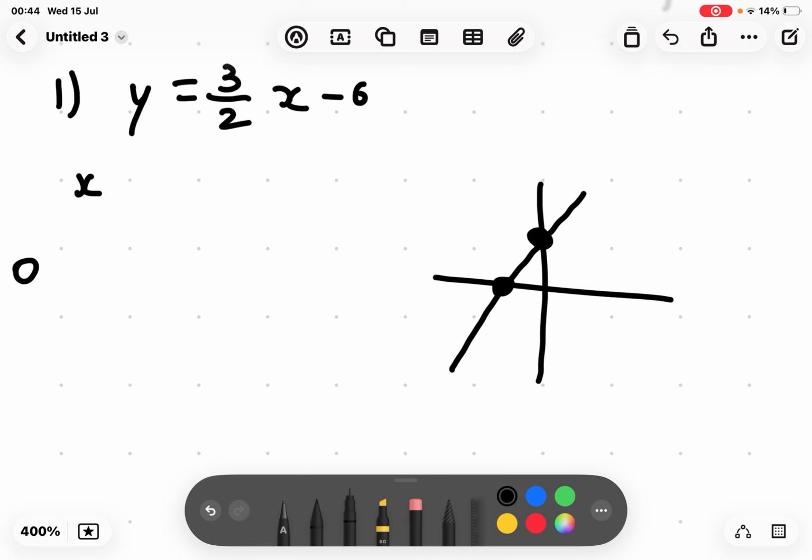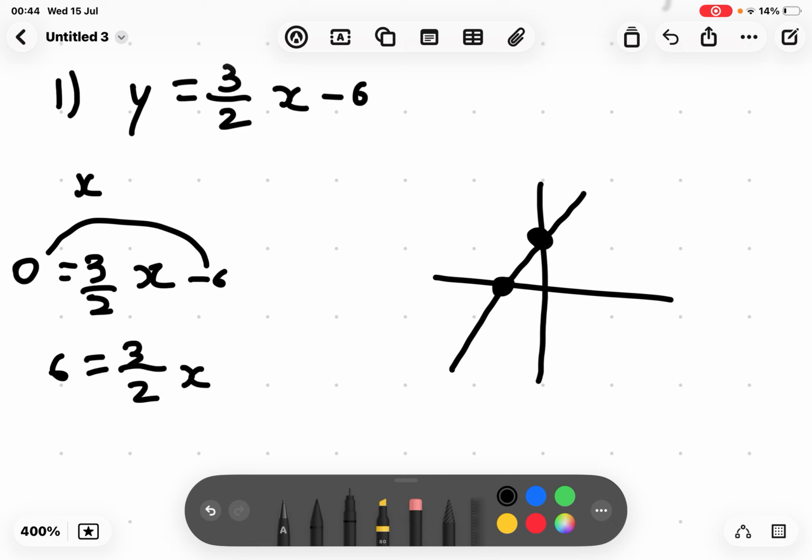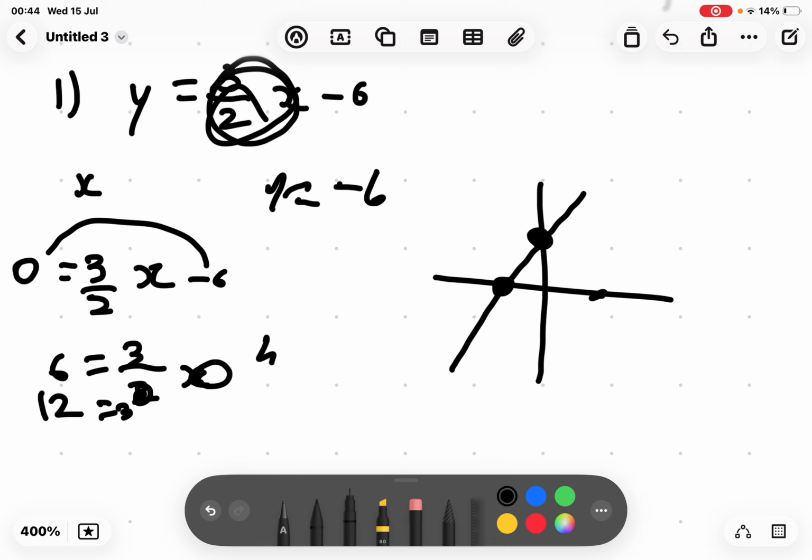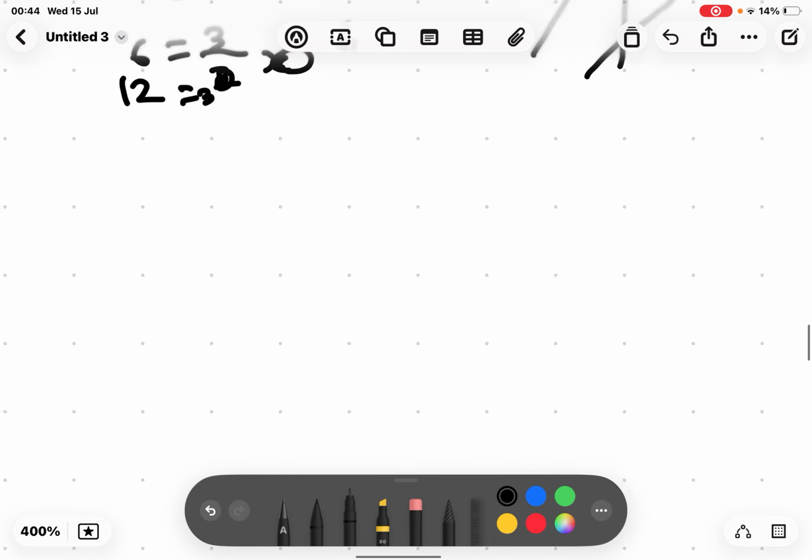So for example, 2x minus 6 equals 0, move the 6 over, so 2x equals 6, divide by 2, so x equals 3. So we would put it over here somewhere, and then for y, x would be 0, so y would equal minus 6, so somewhere here, and then this would be the line. Okay,